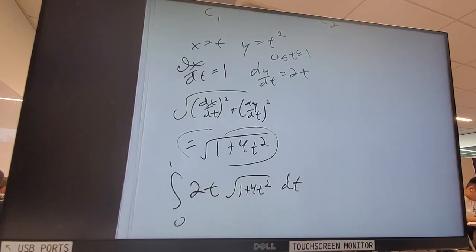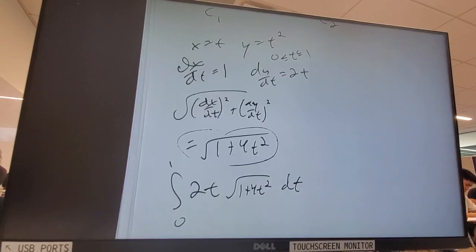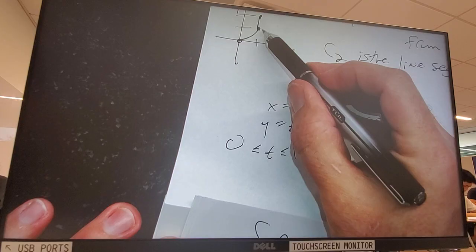Now considering, do you feel like you're on the right track when you see that? What is it about that that tells you you almost are definitely on the right track? U-sub. It's a U-sub, yeah. Could I make a problem where you have to do partials? Yeah, but I'm not going to do that very often. I'm going to do it very rarely. So you can kind of tell if you're in the right direction if it becomes something like U-sub. Okay. So that's what happens as it moves along here.